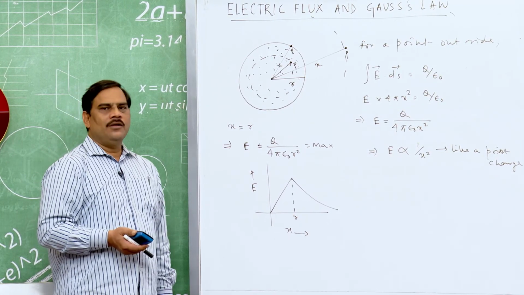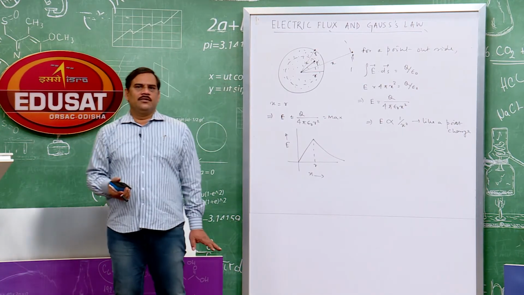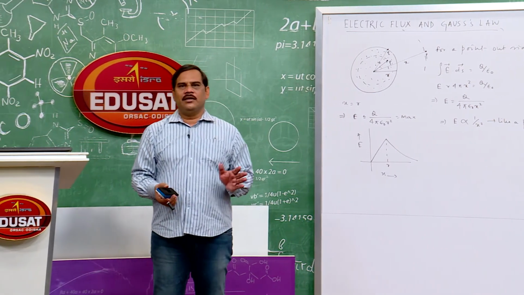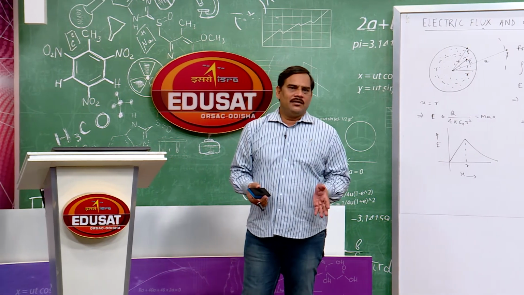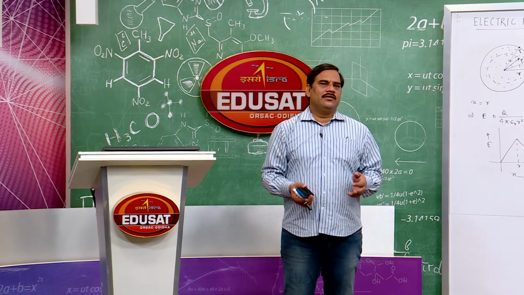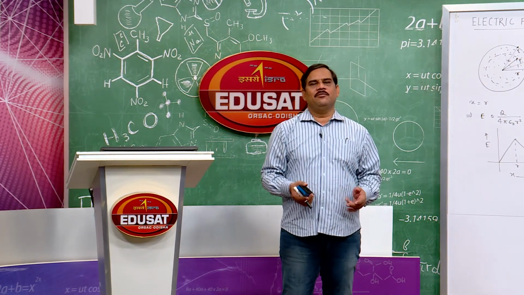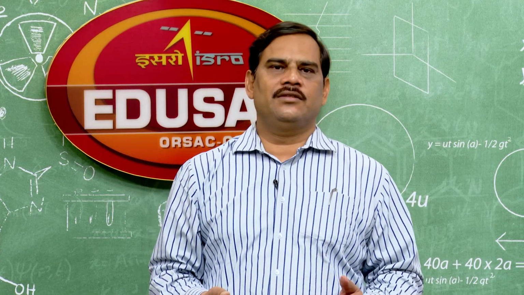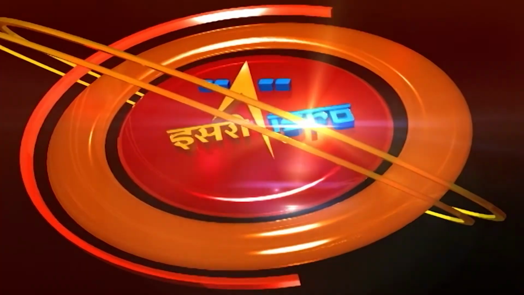Okay. So, today we have discussed a lot of things. First, we started with electric flux, how to calculate the electric flux. Then we calculated the solid angle, how to calculate the solid angle, and then we applied Gauss law to find electric field due to different types of charge distributions: linear charge, surface charge and spherical charge distributions.